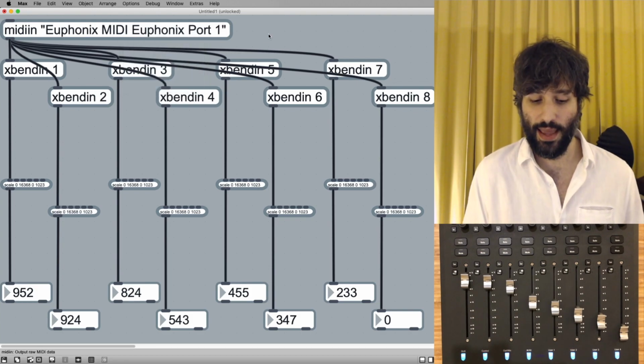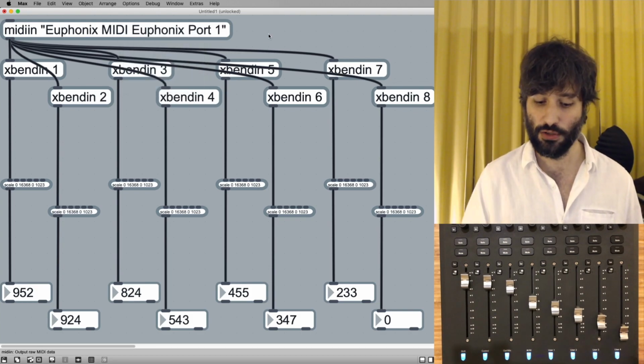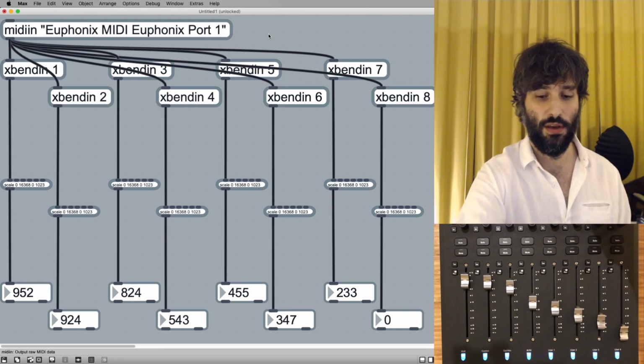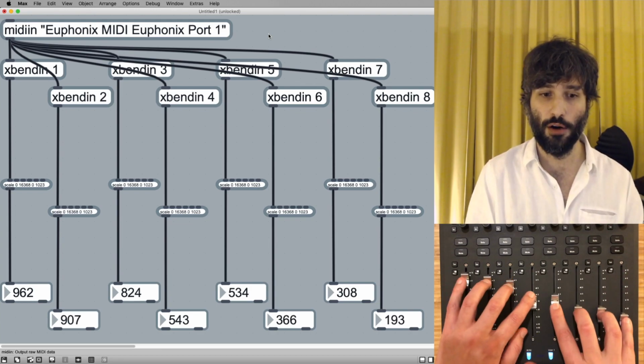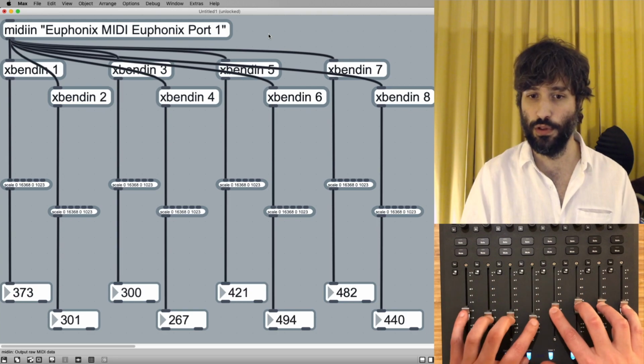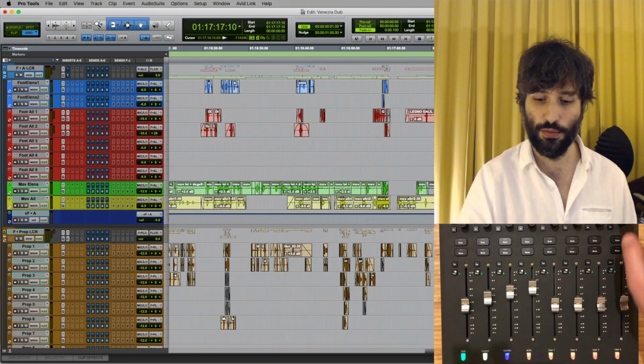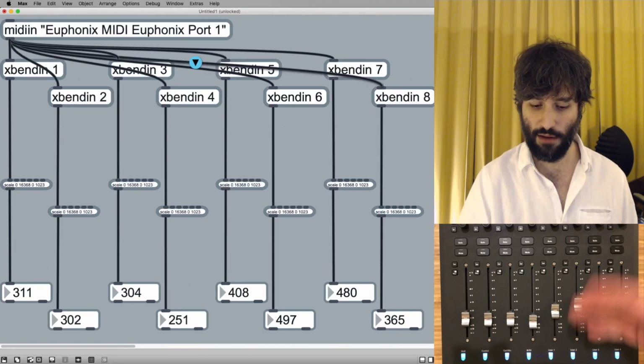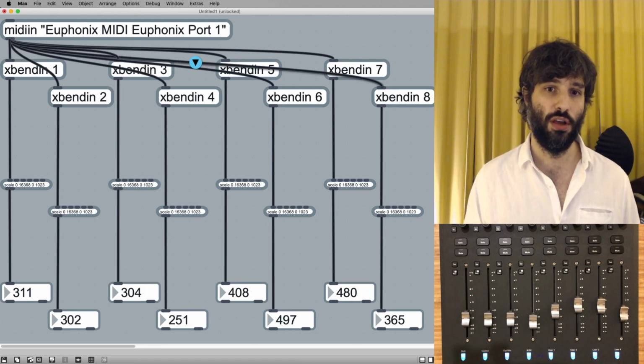So Max is, again, just like a hardware instrument now. Launch the patch. If the S1 is on, this is a hardware instrument. Responds smoothly and perfectly. I can go to my DAW and I can go back to Max and everything is where it's supposed to be, which I think is pretty cool.